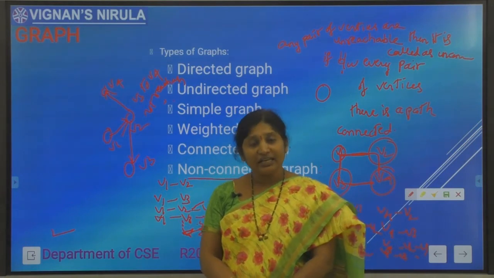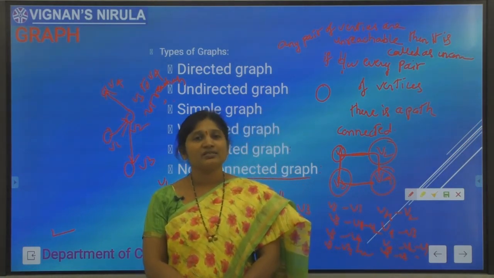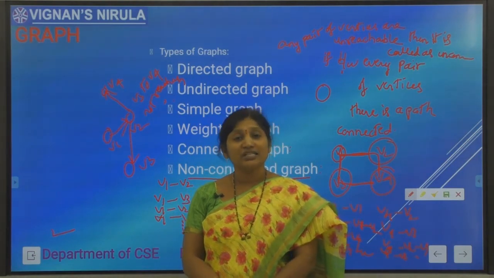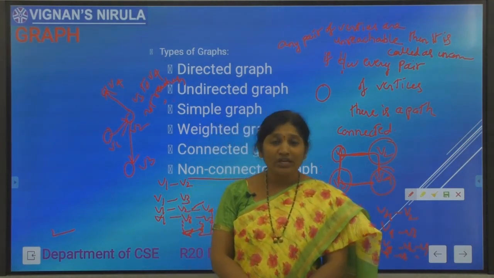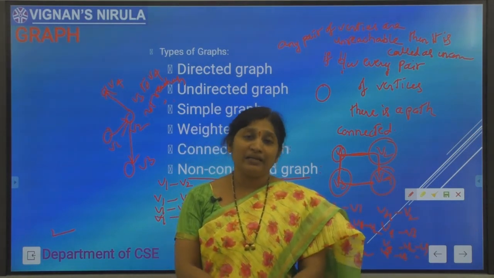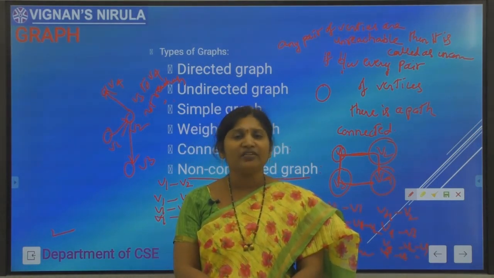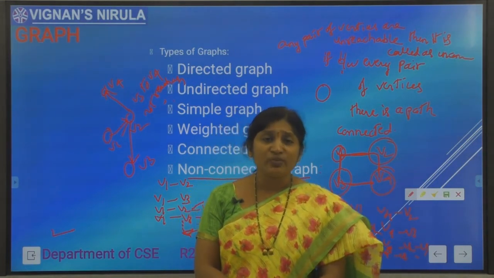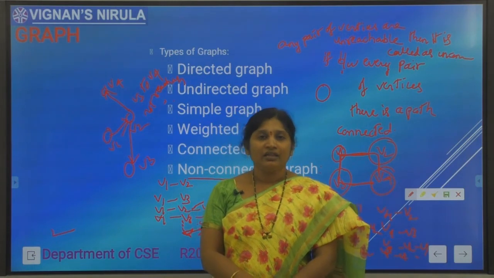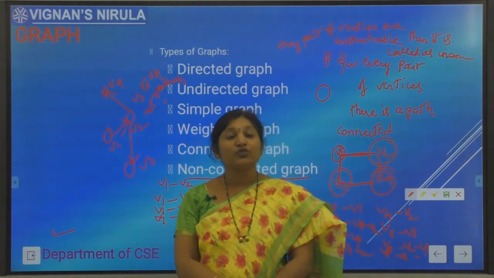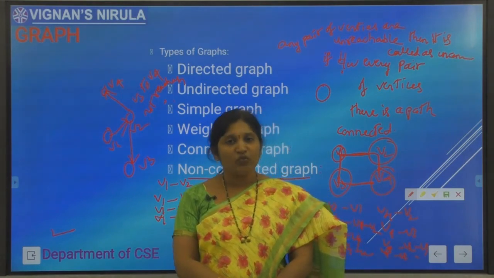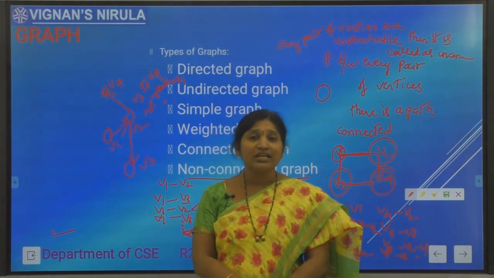Coming to arrays, an array can be defined as a collection of homogeneous, or similar, data items organized in continuous memory locations in a linear manner. Each and every array element can be accessed by using the index of the array, A of I. The first element is stored at A of 0 and the last element is stored at A of size minus 1, where size is the number of elements stored in the array.